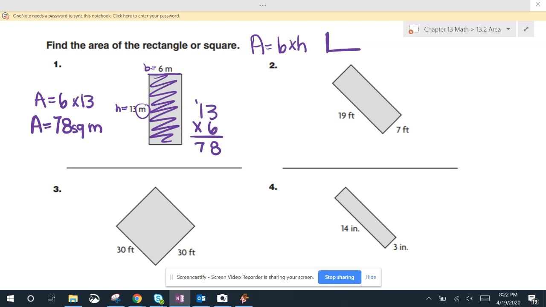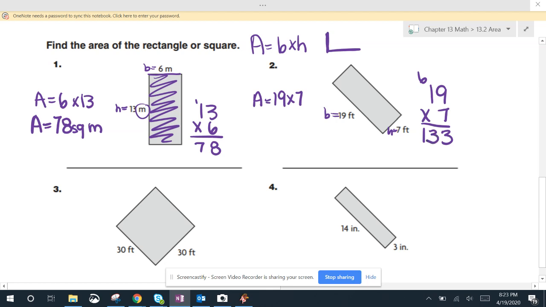Okay, welcome back. We're correcting number 2. My base equals 19 and my height equals 7. So my area is going to equal 19 times 7. I'm going to come over here and do some side math to show my work. 7 times 9 is 63. Regroup my 6. 7 times 1 is 7 plus 6 is 13. So my area equals